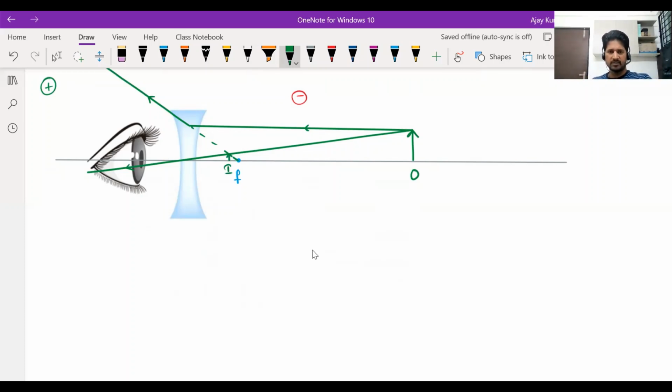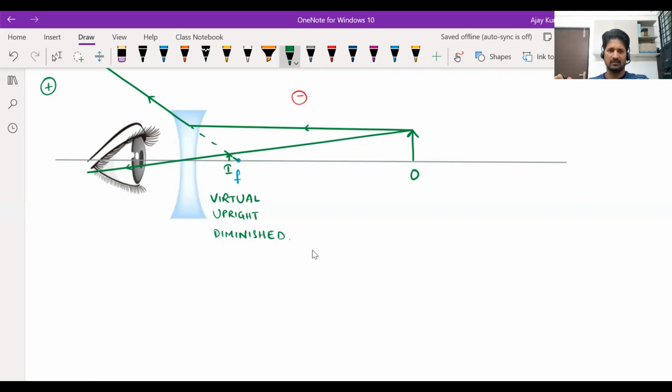And since the image is on the same side as the object, and the refracted rays are not passing through the image position, this is a virtual image. Okay, and you can see it is upright, of course. The orientation of the image is the same as that of the object, and it is diminished. Fine. People using a concave lens, or lenses of negative focal length, always see things smaller than they are. Okay, that is what the lens does. If they want to see things clearly, they will have to see them smaller than